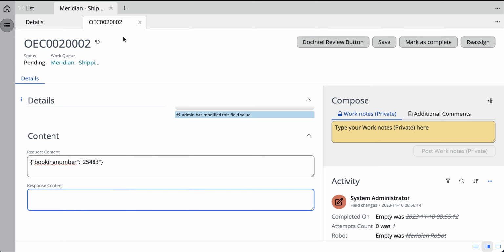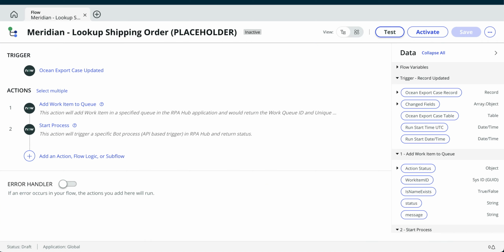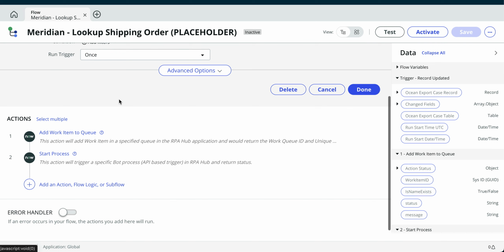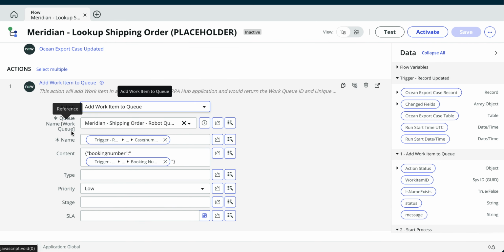So let's see. We want to automate this fully end-to-end, right? So for that on ServiceNow, we always use workflow to automate things. In our case, I have a Flow Designer workflow that we design, and it has a trigger based on a specific update on a record. It's all custom. It's a custom app, an App Engine app with a specific custom table, and we said when there is an update on that record, I want to add a work item in the RPA